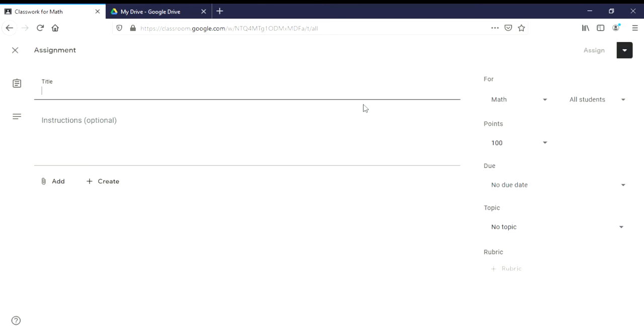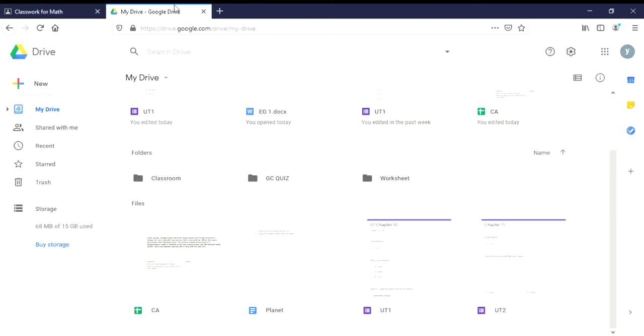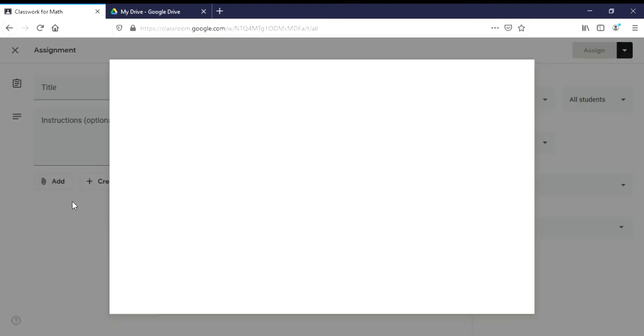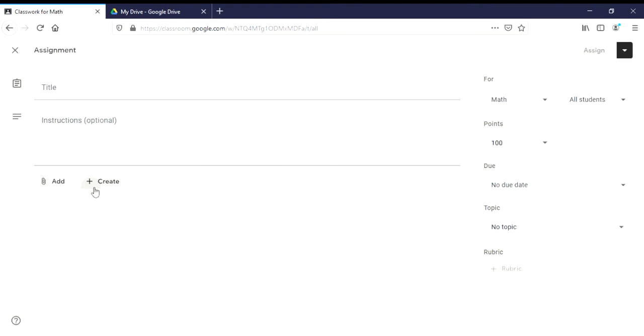The second type of assignment is the assignment that you attach for them. Remember that just now we created this question about planets, right? Actually, I have another class assessment about this Excel. So we will see. I will just put the file here from my Google Drive because I have created it before. If you haven't created it, you can just create a new one here by choosing this. I will show you about that later after this one.